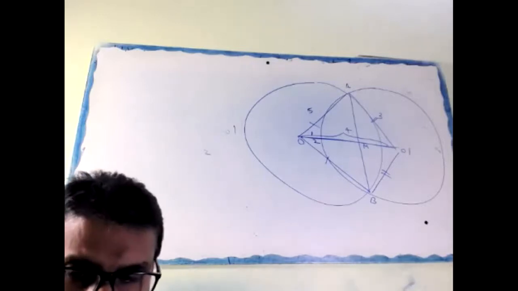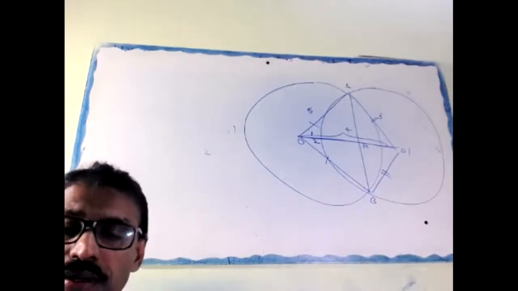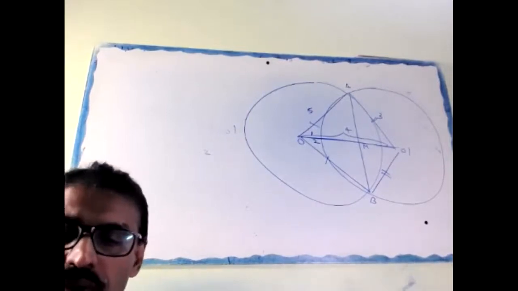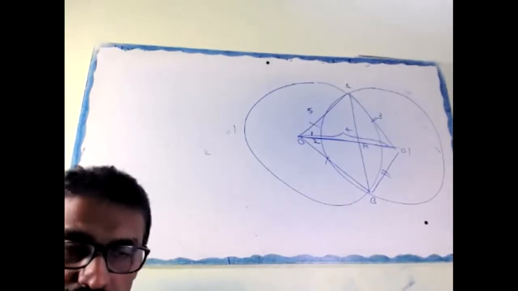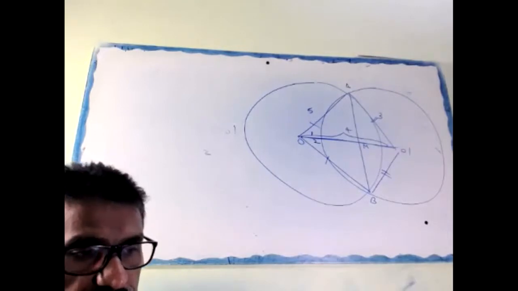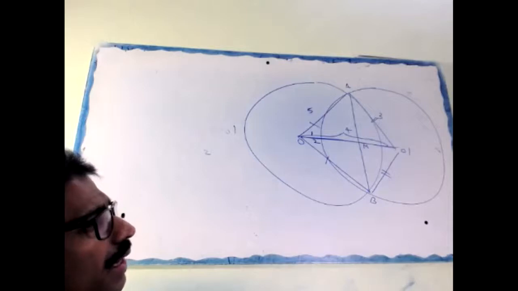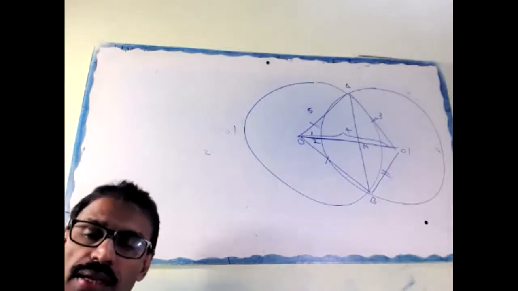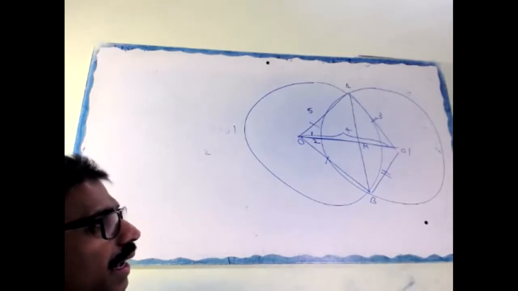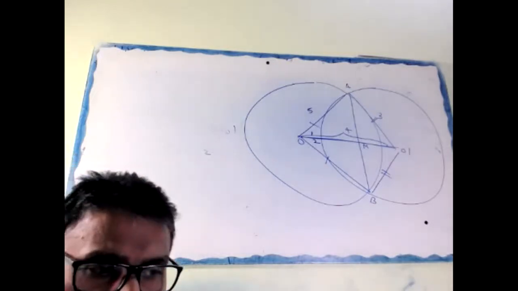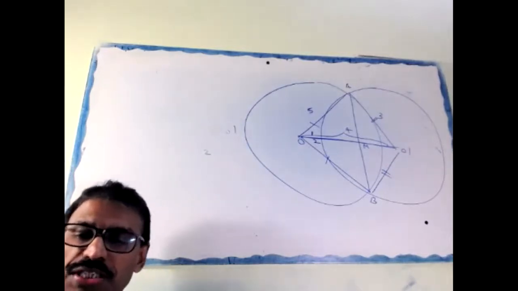Listen, don't try straight away. You have to copy the previous one, but now there is no need. Understood? If the question comes independently, you have to copy the previous question. You write O dash is the perpendicular bisector of AB. After that, area of triangle O dash. Listen, 3, 4, 5. Which type of triangle?